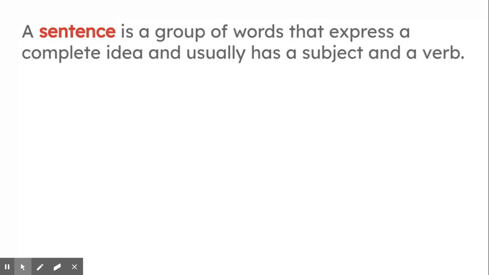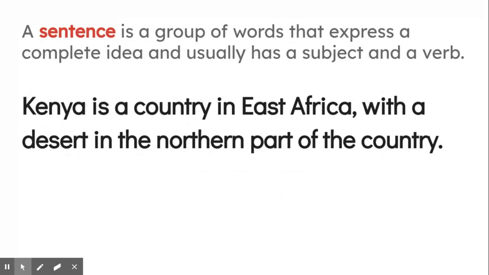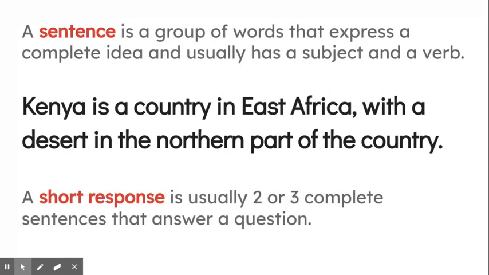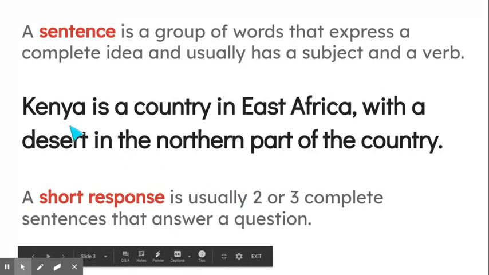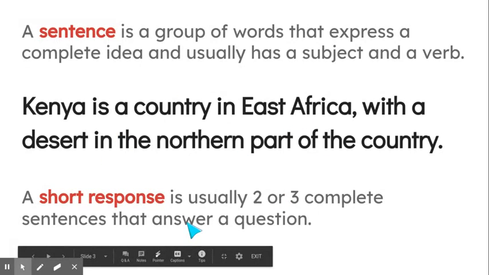Let's review. A sentence is a group of words that express a complete idea and usually has a subject and a verb. Kenya is a country in East Africa with a desert in the northern part of the country. A short response is usually 2 or 3 complete sentences that answer a question. You'll notice in my sentence I have a capital letter at the beginning of the sentence, as well as when I use a proper noun, and I have a period at the end. That's just one idea. A short response is something you might write to answer a question on a test,